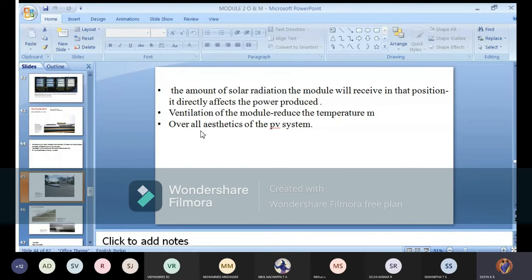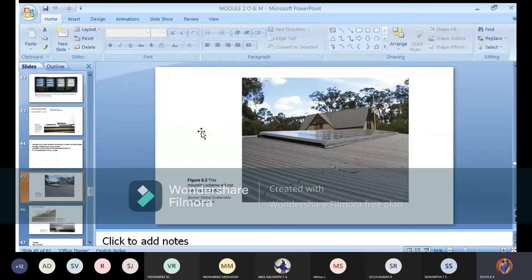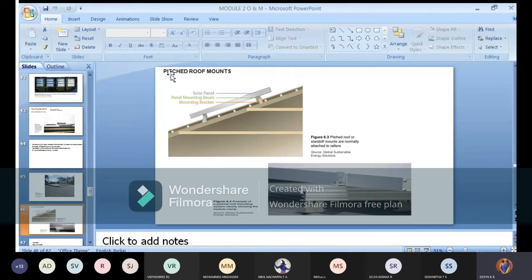Today we are going with the next topic, called pitched roof mounting. First, try to observe the representation given here: solar panel, panel mounting beam, mounting bracket. As compared to the last figure, this is also roof mounting, but only one term has changed, that is, pitched.